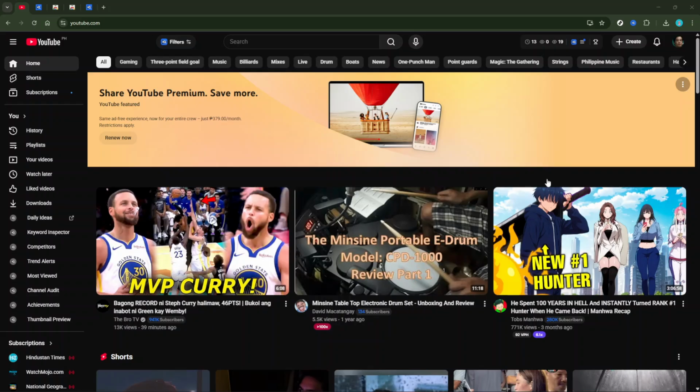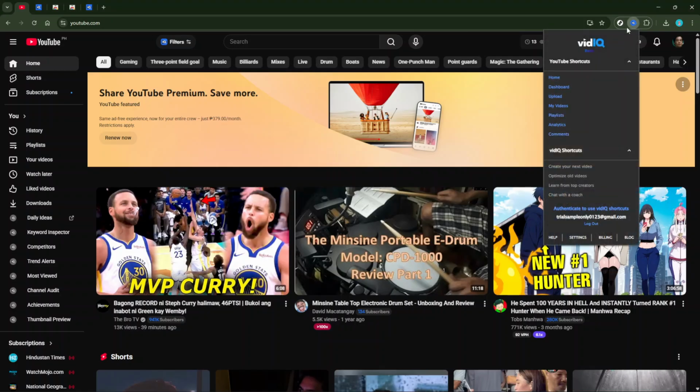First, make sure the vidIQ extension is installed and updated to the latest version. Having the most recent version is crucial, as updates often include bug fixes and improvements tailored for current YouTube changes. If you're unsure whether your extension is up to date, checking the Chrome Web Store is a good place to start. Ensuring you have the latest version often resolves many issues right off the bat.